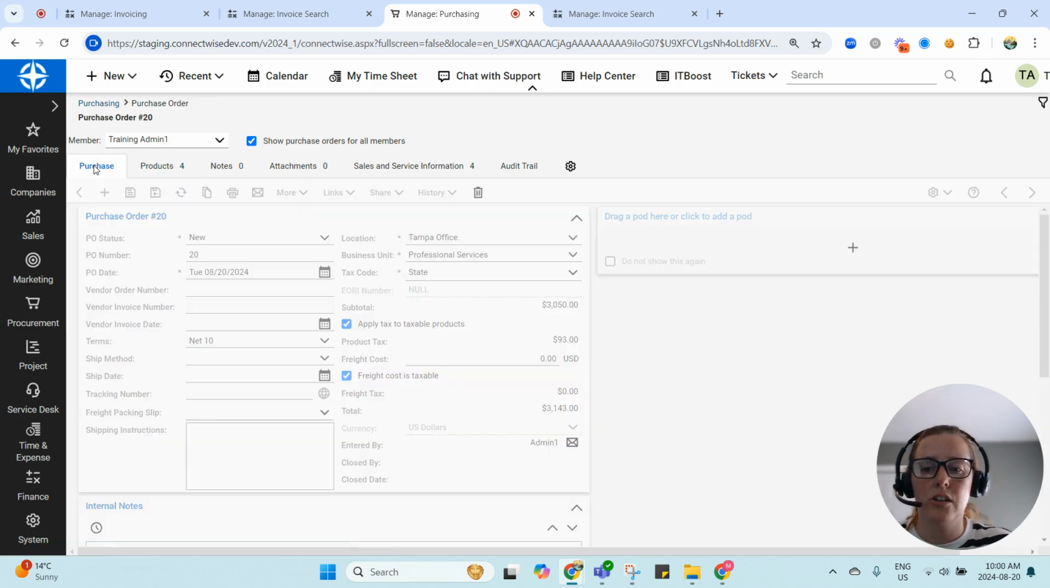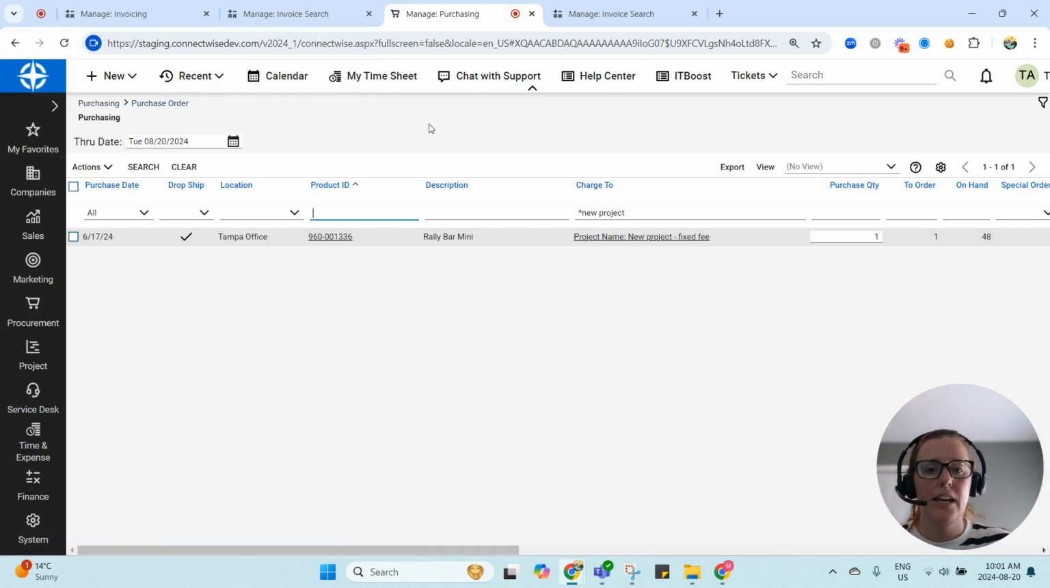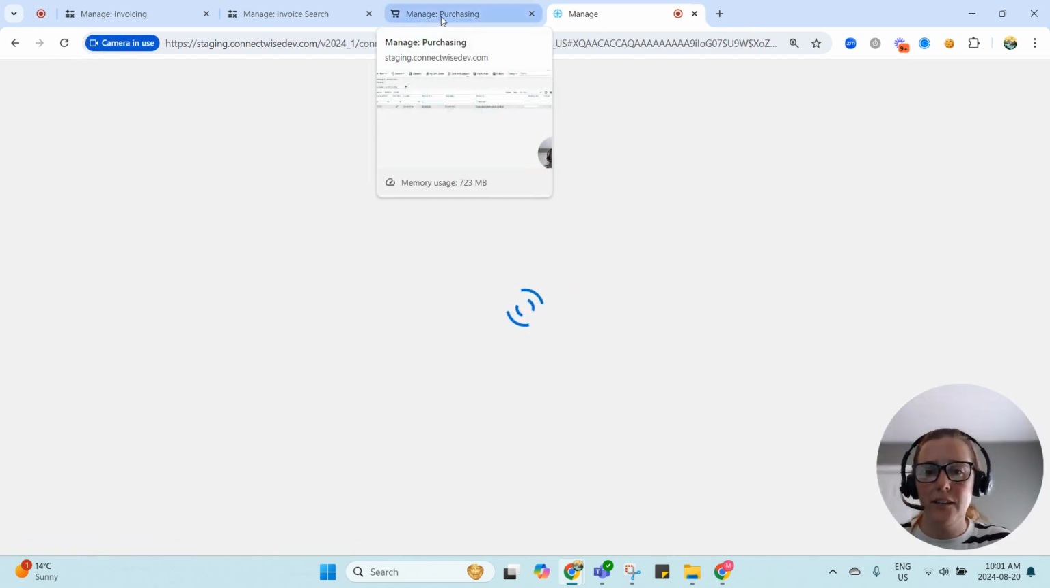Now the purchase order is closed. So PO number 20, closed. All those products have been received. If we go back into purchasing, those items are gone and almost everything is done. We've done almost everything we need to do as it relates to purchasing. But the last thing we want to make sure is that this does not go to accounting. We don't want this old information coming up to bite us. So we're going to go into the